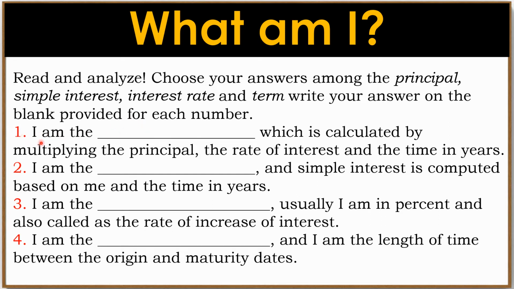Number 1. I am the blank, which is calculated by multiplying the principal, the rate of interest, and the time in years. The correct answer is simple interest. Number 2. I am the blank, and simple interest is computed based on me and the time in years. The correct answer for number 2 is